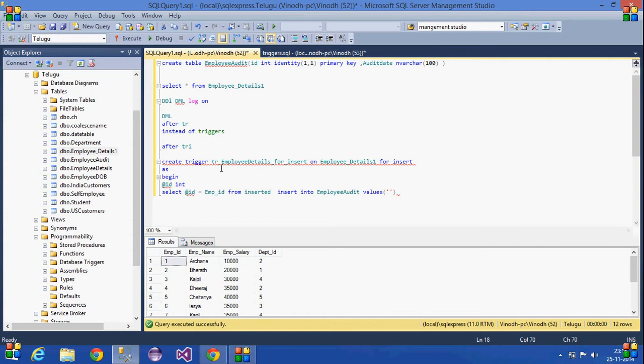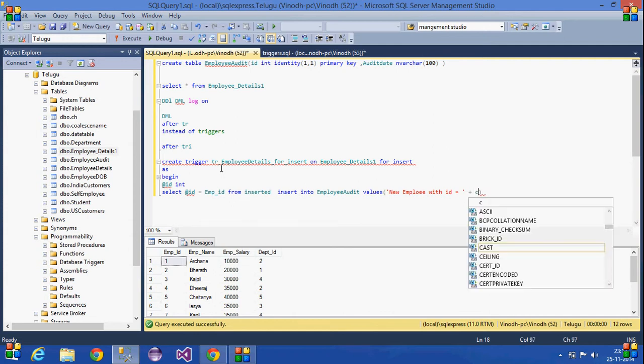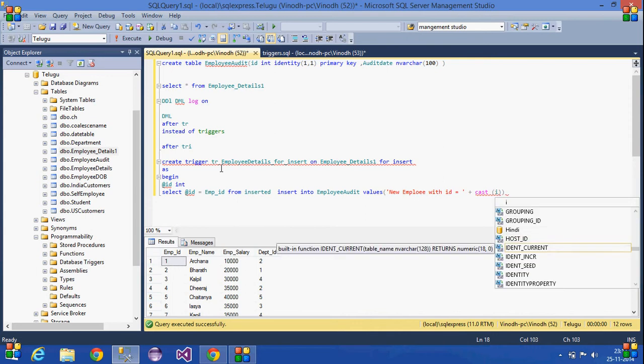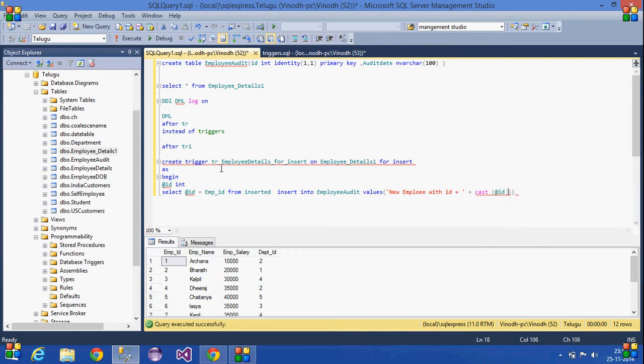In that way I am going to write 'new employee with id =' plus, here I'm concatenating, and I'm casting this id as nvarchar of size 5, plus